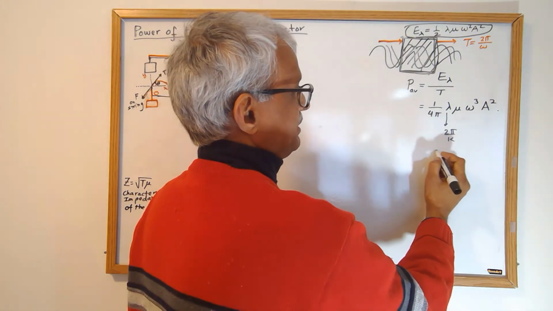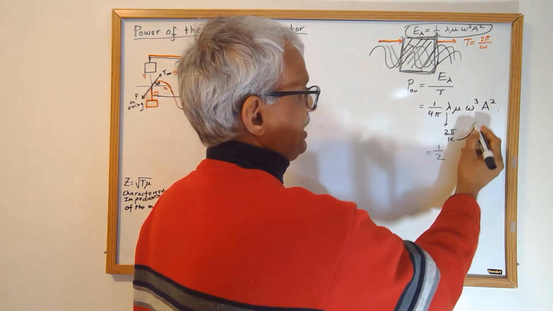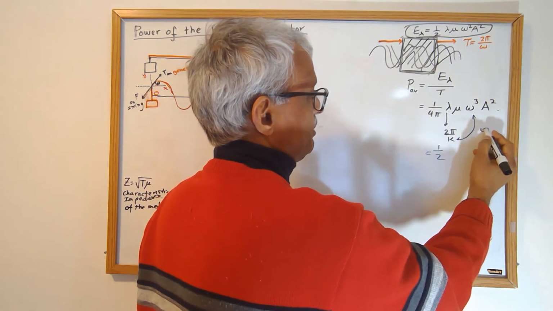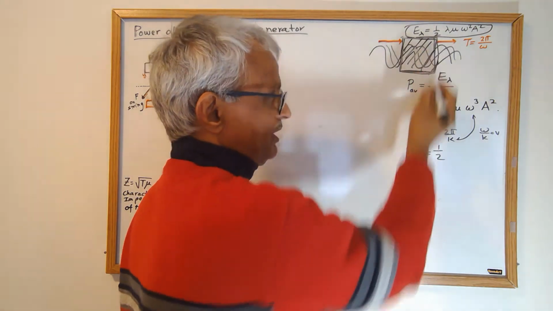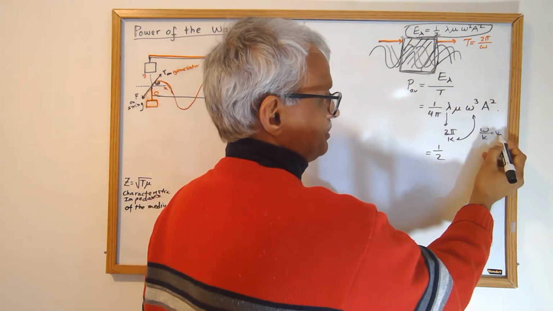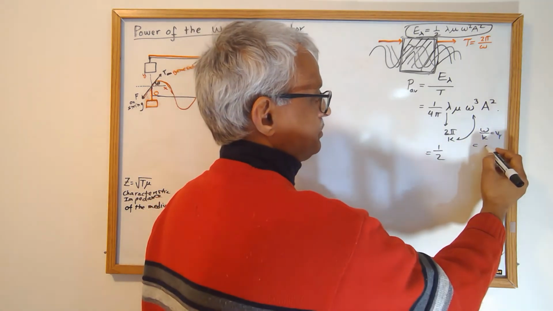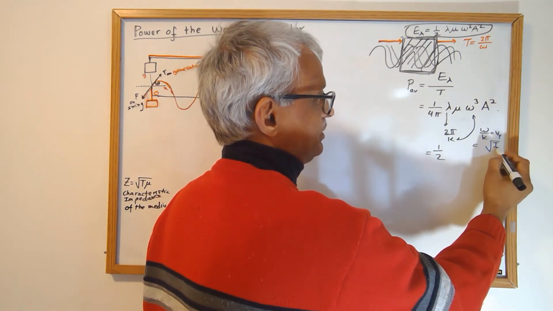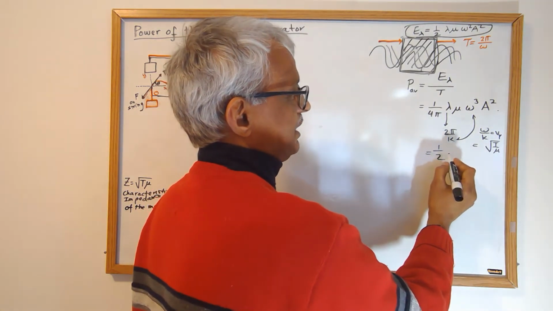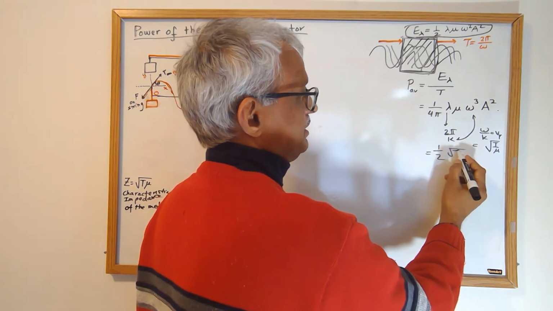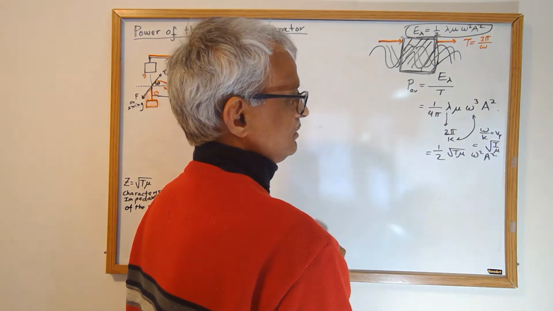So 2 pi makes it a half here, and omega over k is equal to v for a harmonic wave, right? Which is v of p, the phase velocity, which is also equal to the square root of T over mu. And so we can write this as the square root of T times mu, omega squared a squared, and